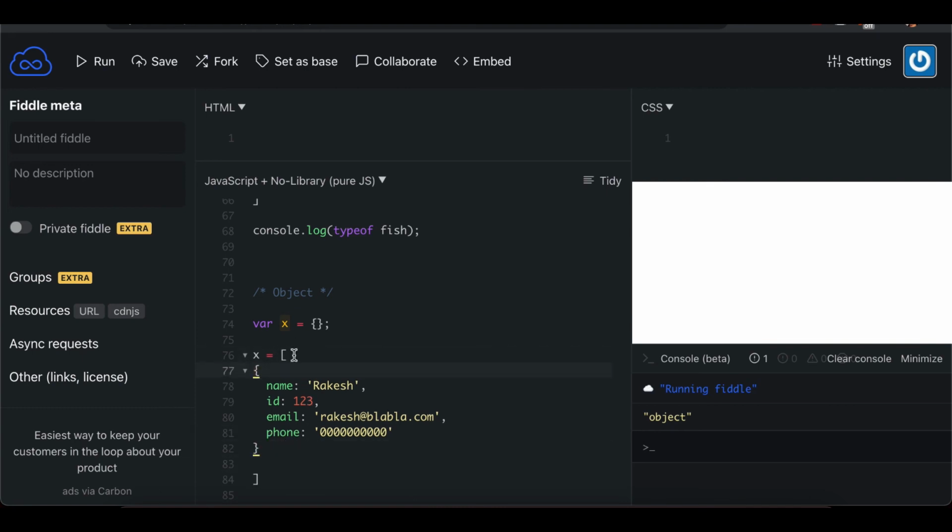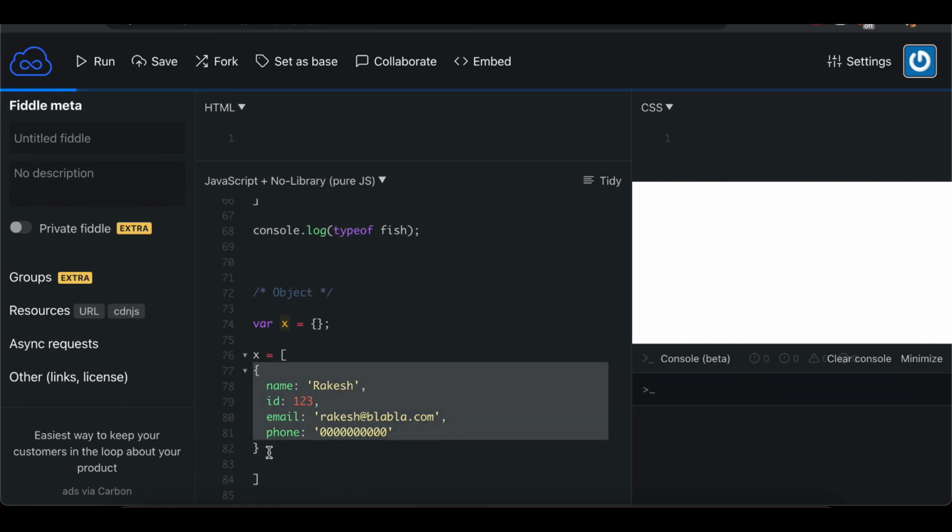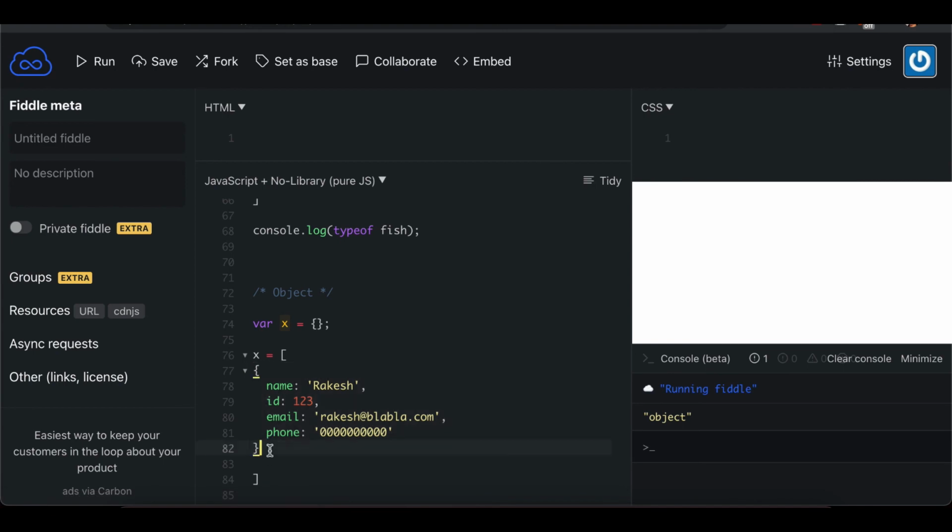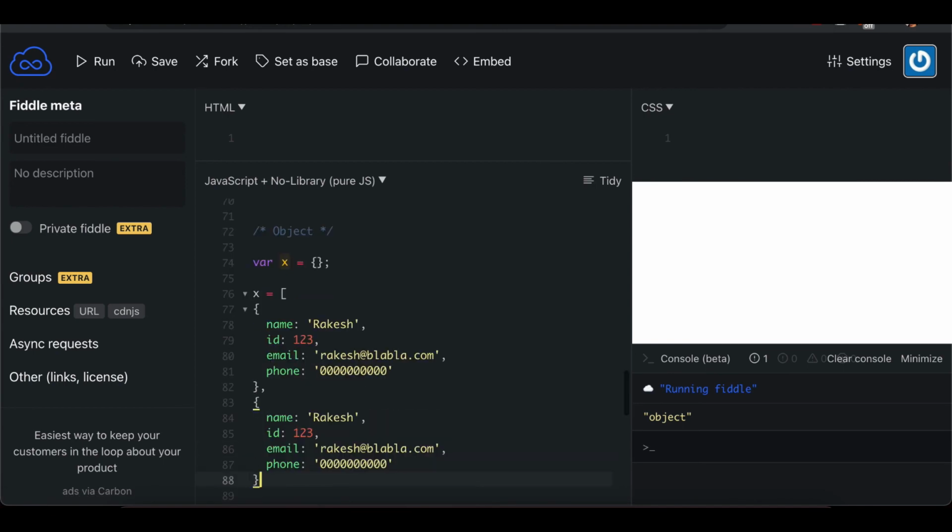Earlier we have seen an example of strings. Now we will see an example of objects. An array can contain a list of data. So we have multiple students' data, so we can save it like this, comma, and we have a new student, Rahul, and his ID is 1234, and the number is slightly changed.